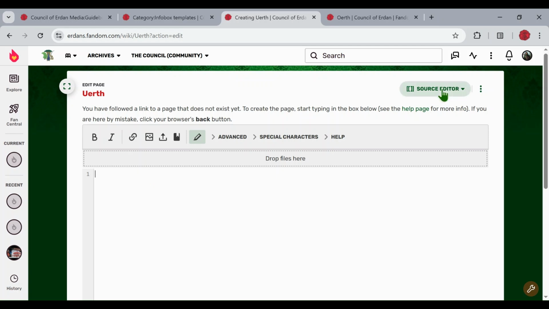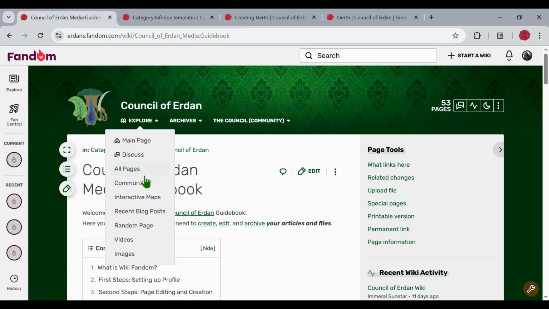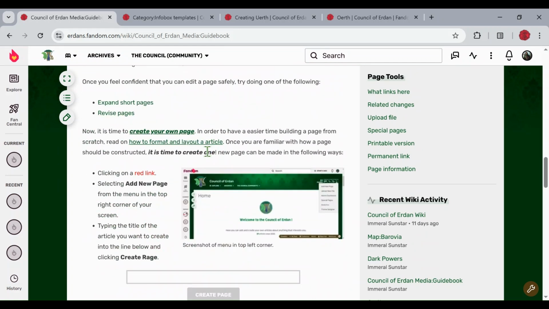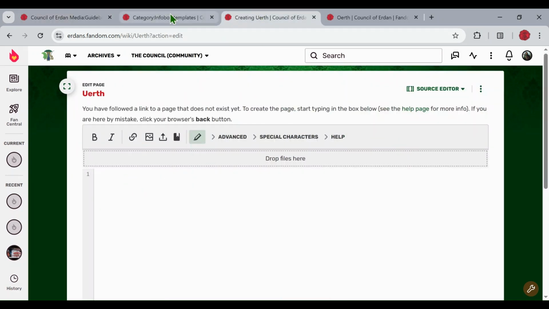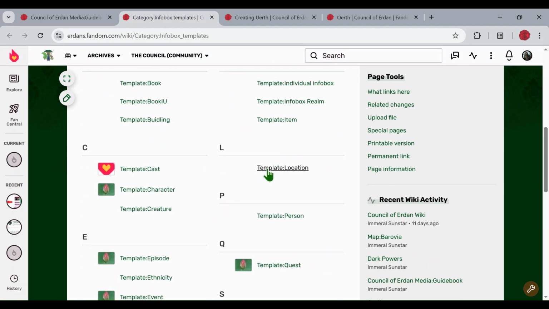To start off, you should be in Source Editor, not Visual Editor. Next, you should also go to the Infoboxs templates category on the Council of Erdan Wiki. This can be found most easily accessible through this link right here on the guidebook. Once you are in this page, this is all in HTML, you can select your template. Since we're doing a location,